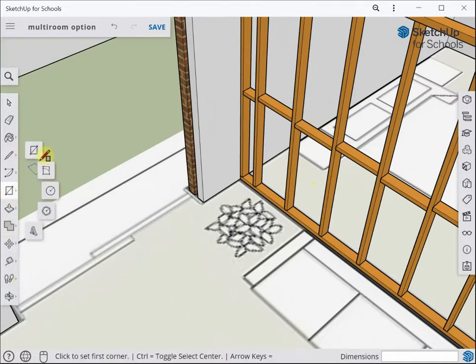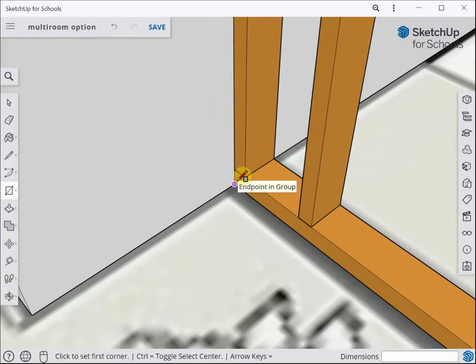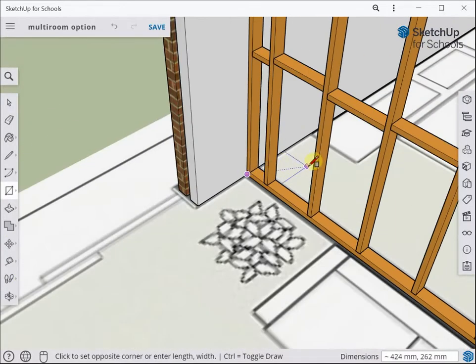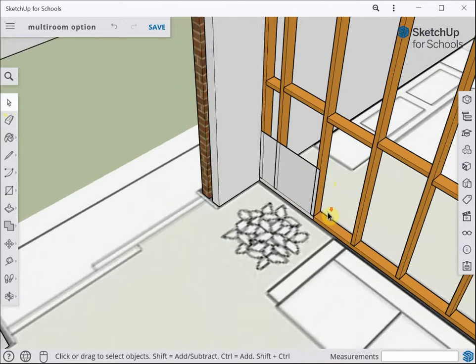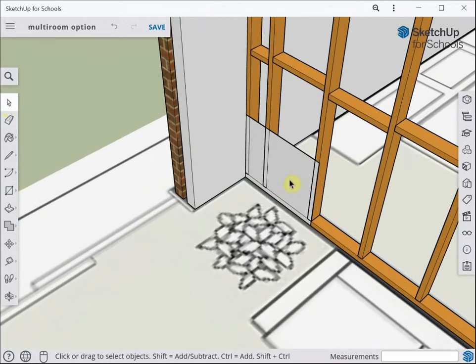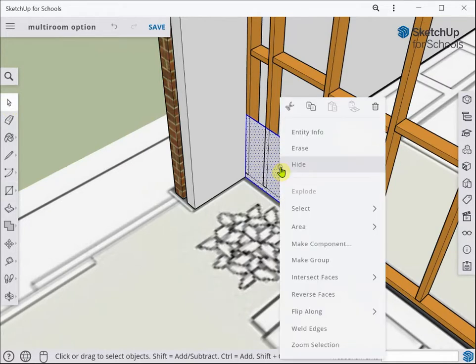I'll start with the rectangle tool, and right in the bottom corner here I'll pull out a rectangle. Now at this point I'm not interested in covering the entire wall because I actually find this easier. Right now at the beginning I'll double click on the surface here and then right click, selecting make group,